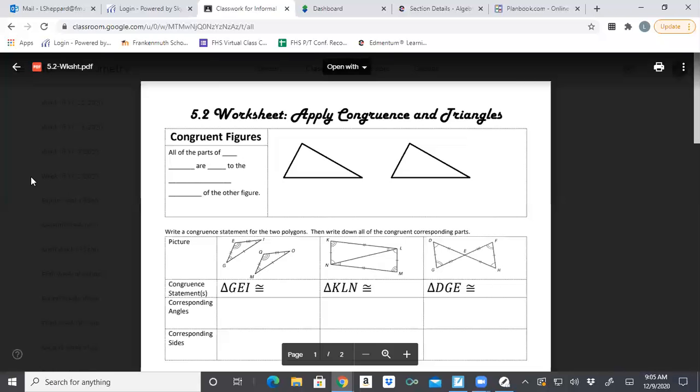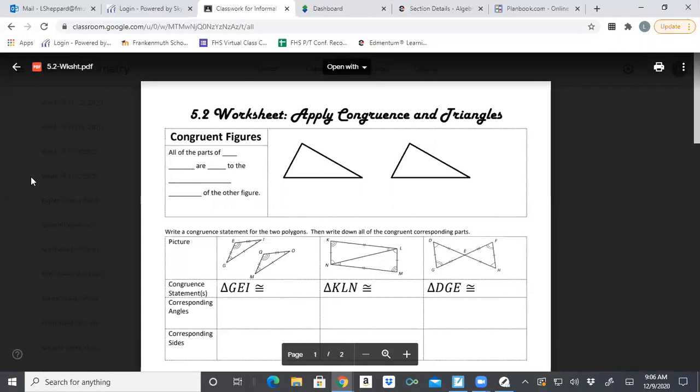Section 5.2 is all about congruence and triangles and being able to tell whether two triangles are congruent to each other or not. Now remember, congruent means that things are the same. Congruent means that every part of everything is the exact same. If you see twins, you could say that twins look alike, right? You could say that brothers and sisters look alike, but they are not the exact same in every single instance,